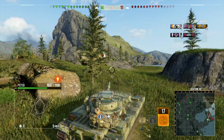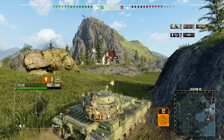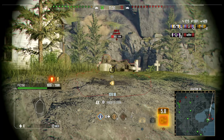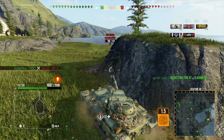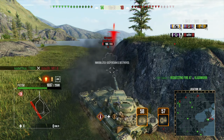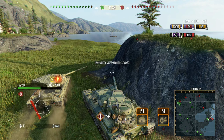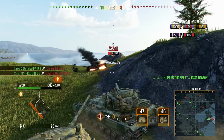Have the buffs actually changed anything? Absolutely not, because ultimately the weak points, they were weak points, but only in a very, very, very minute situation. And it's mainly the side armor of this tank that makes it almost impossible to play, because even if you angle very well, people can still pen you in the side because it is just so thin. And even if you angle to the utmost ability, sometimes you end up over angling and it's just a free pen straight through the side of this tank, which is of course not what you want from a rear mounted